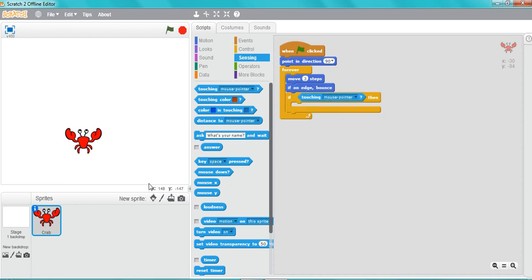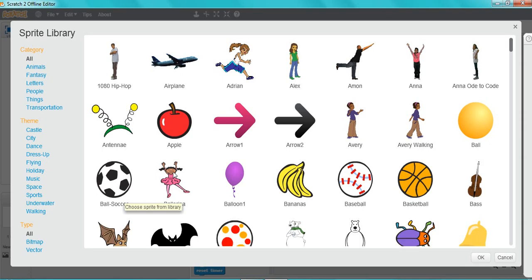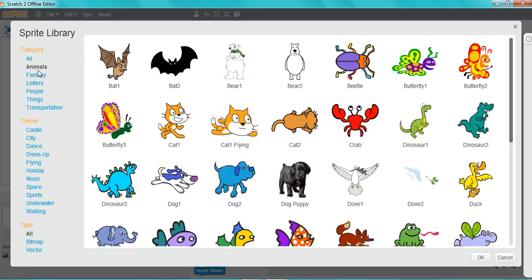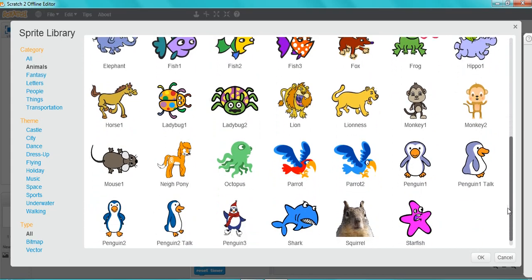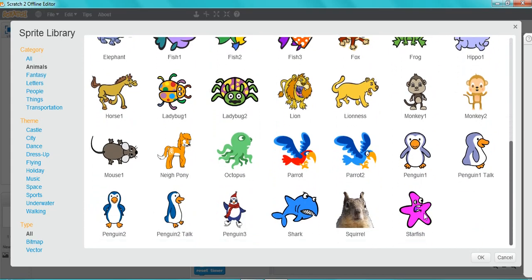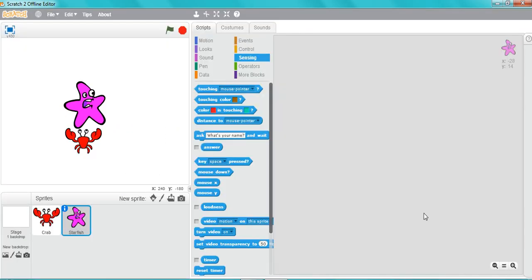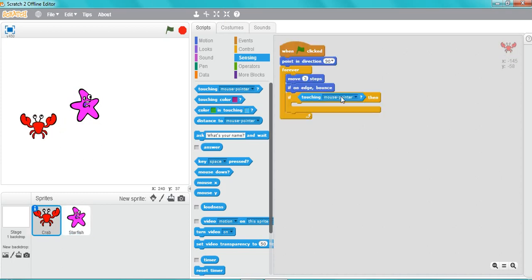starfish. So you're gonna go to sprites and take another sprite in animals, and it's going to be a starfish. We're gonna search for the starfish. Yeah, there. This starfish looks very funny. Okay, so shrink it a little bit, put this on the side. Now if touching